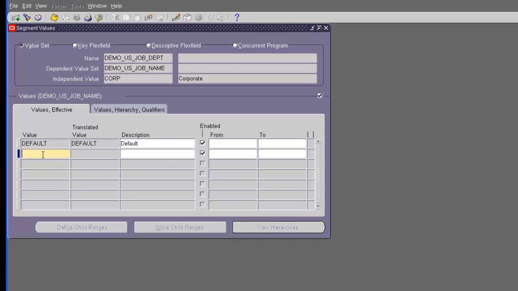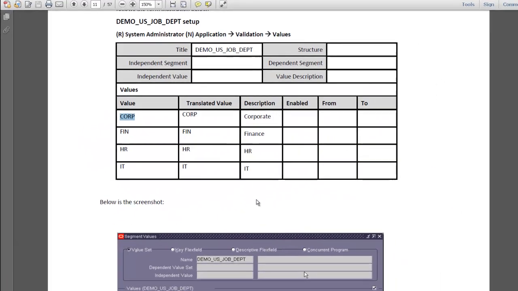So that's the dependency. So you select corp, you see these 3 or 4. You select finance or fin, you're going to see like 2 or 3 or 4, whatever, which are dependent on the value fin. And then IT, similarly, the dependent list shows up. So if you see the document here,